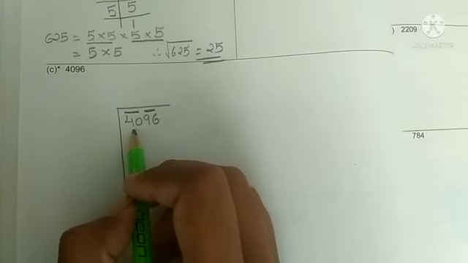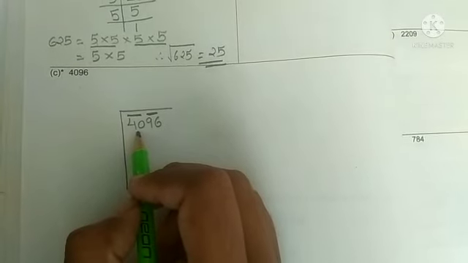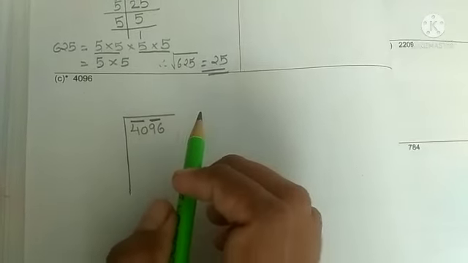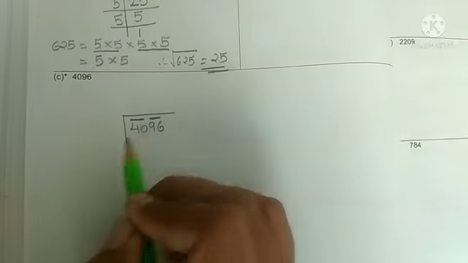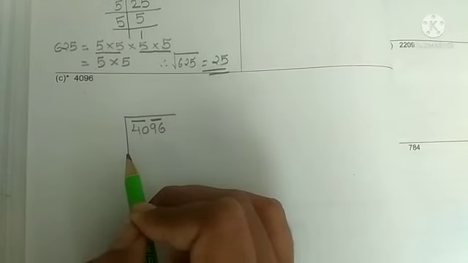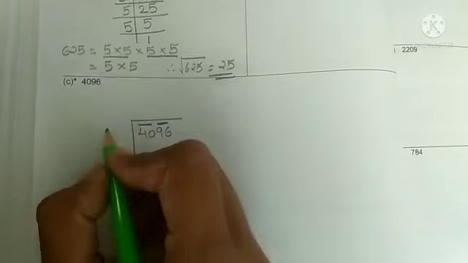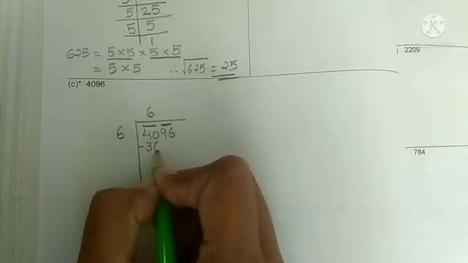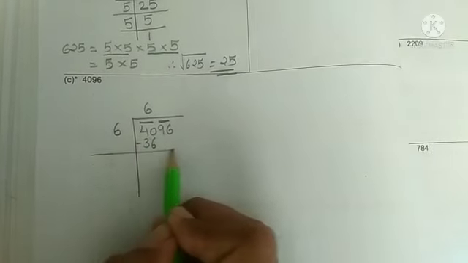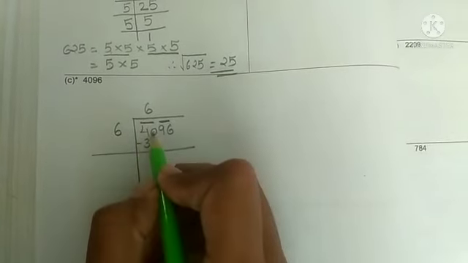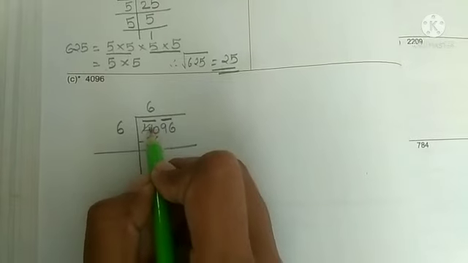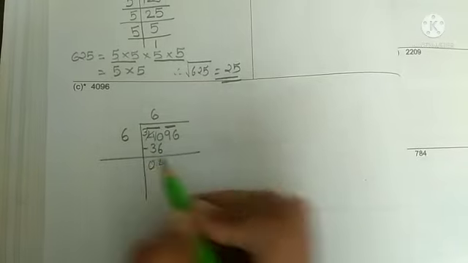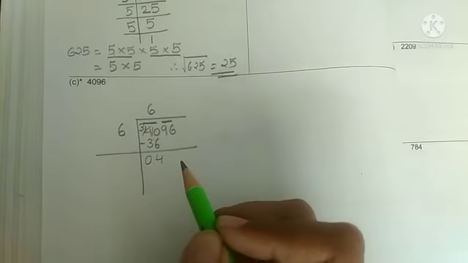Clear? Now we will find out that 40 is the square of which number? 40 is the square of none of the numbers. Clear? So we will take the smaller number. The smaller number is 36. 36 is the square of 6. So here we will write down 6. 6 6s are 36. Clear, student? Now we will subtract this. From 0 we can't subtract 6, so we will carry 1. So 10 minus 6 you will get 4, and here 3 will remain. 3 minus 3 you will get 0. Clear? This much is clear.